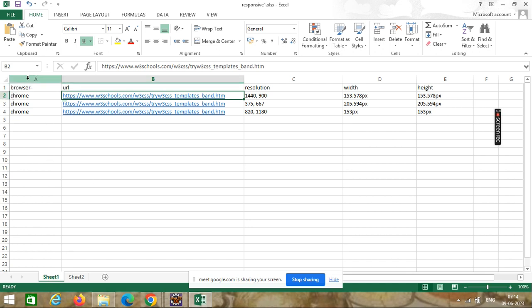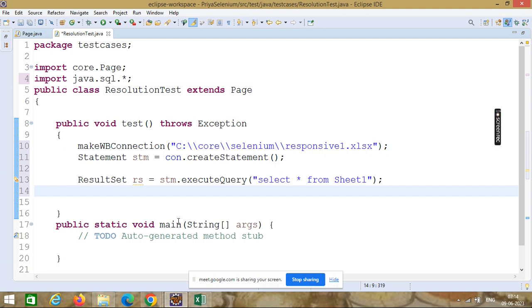Now I want to read column number 1, column number 2, column number 3, column number 4, column number 5 for row number 1, row number 2 and row number 3. So rs dot next will move the pointer from one row to another row.